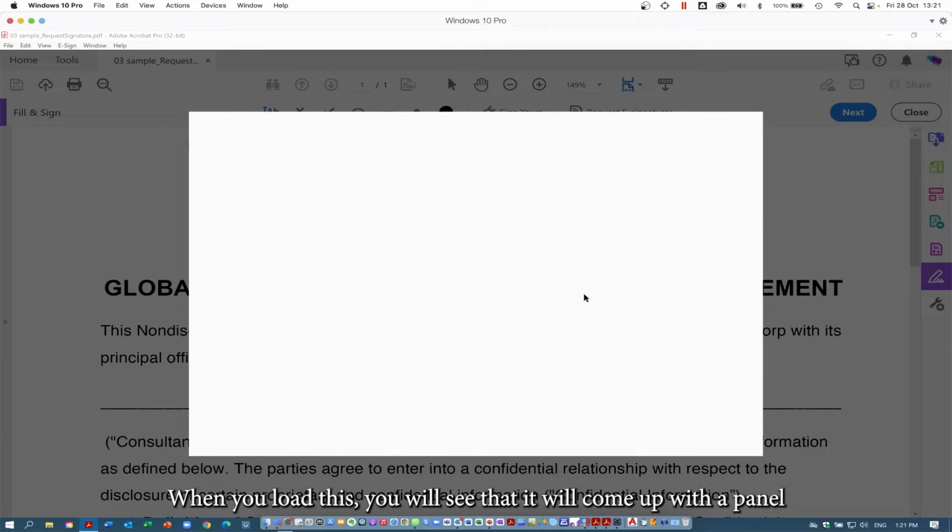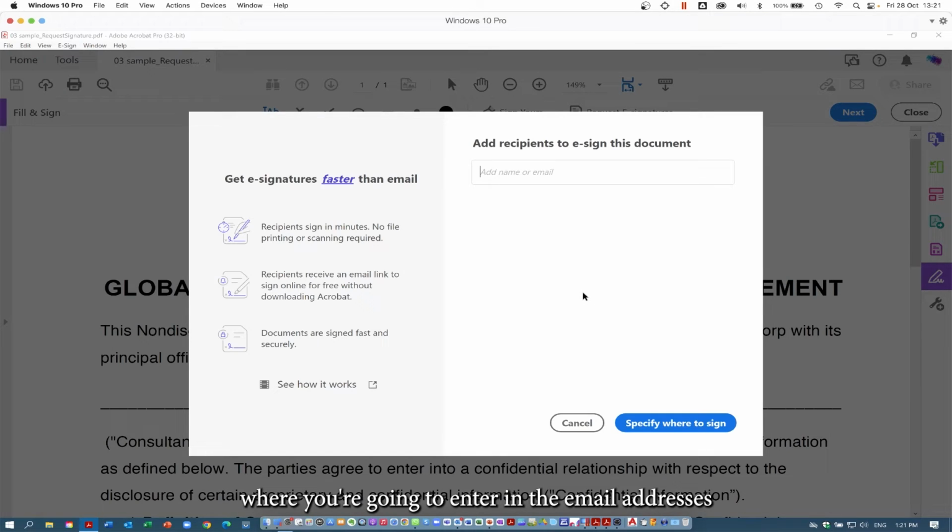When you load this, you will see that it will come up with a panel where you're going to enter in the email addresses of the people that you want to have on this particular document. Now, it is important to note that